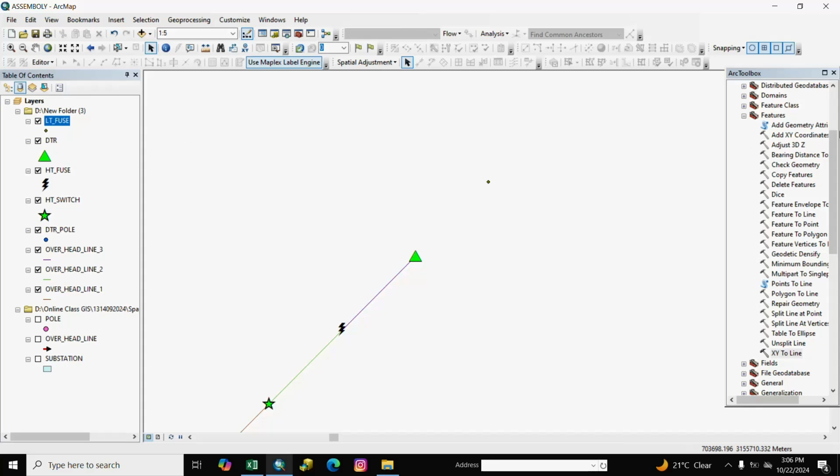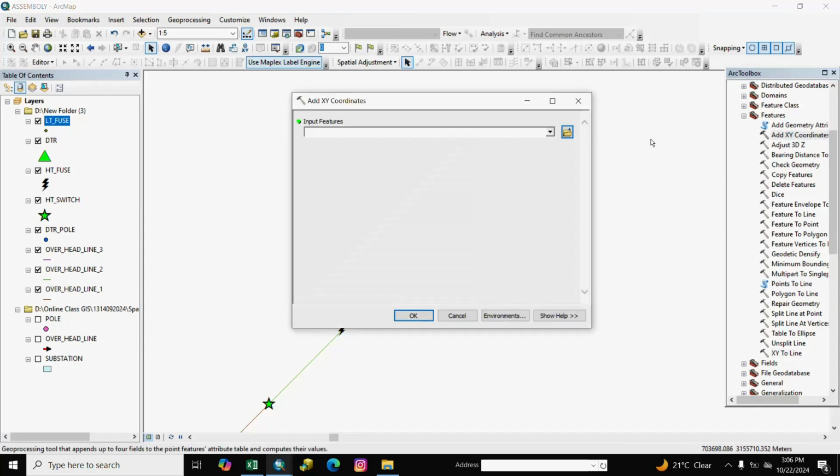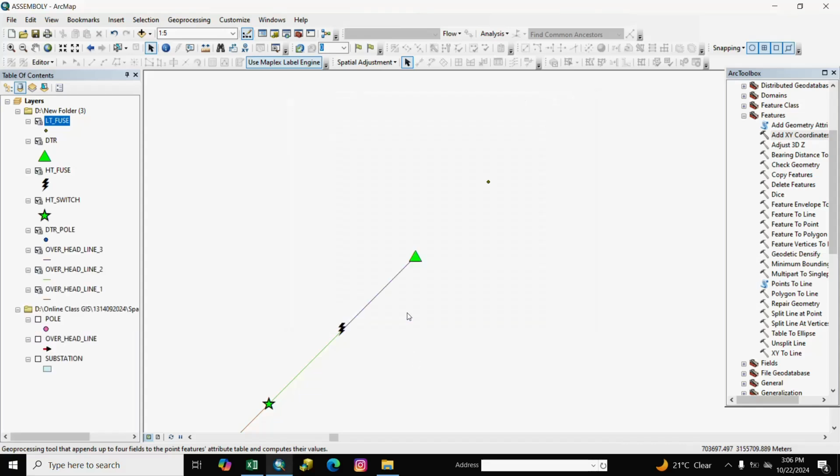And we calculate XY coordinate and go to LT fuse and OK.